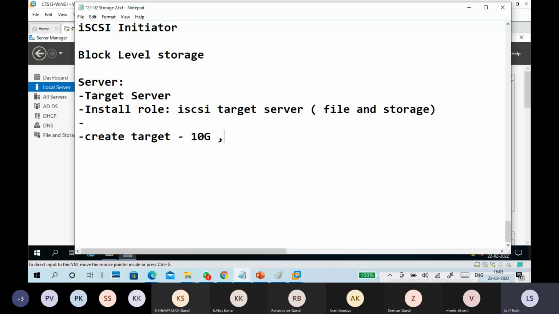We'll see those options later. I'm creating a 10 GB disk and assigning it to WinC1. So we'll create a target. Target name is target1, and size is 10 GB.